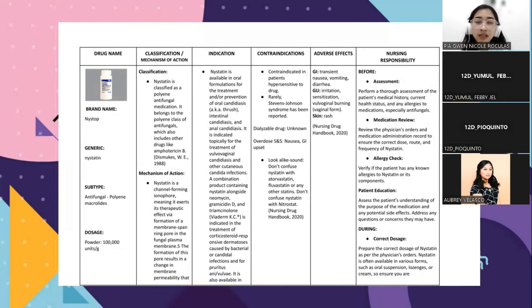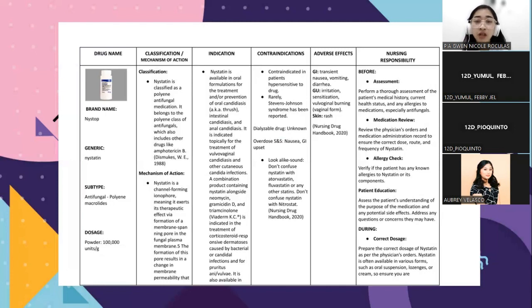So Nystatin is primarily used to topically treat fungal infections, particularly those caused by Candida species. So it's commonly used to treat oral thrush, diaper rash caused by yeast, and skin fungal infection. So Nystatin works locally on the affected areas and is not well absorbed into the bloodstream, making it suitable for